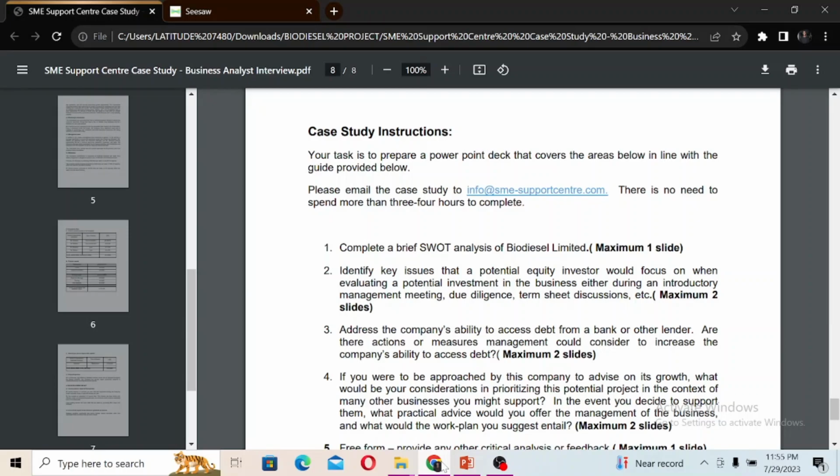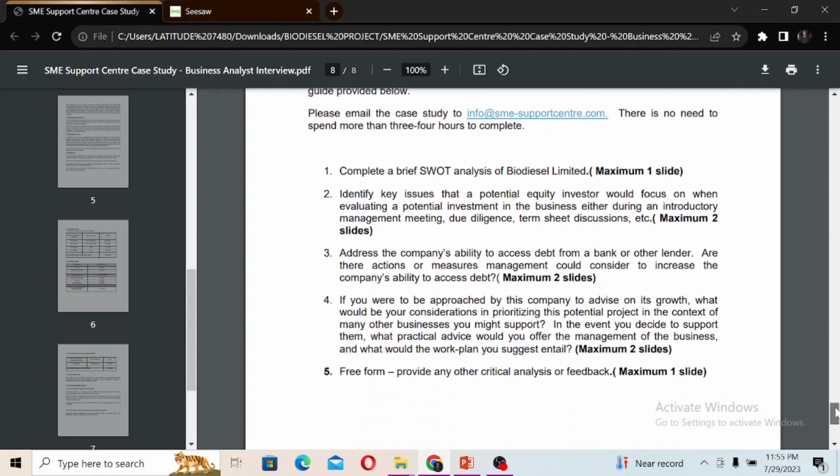Lastly, we have to create a presentation for this case study, because they have said here our task is to prepare a PowerPoint deck that covers the areas below in line with the guide provided below. So we have done a SWOT analysis of biodiesel. We have identified key issues for a potential equity investor. We have addressed the ability of biodiesel to access debt and the measures that management could consider to increase the